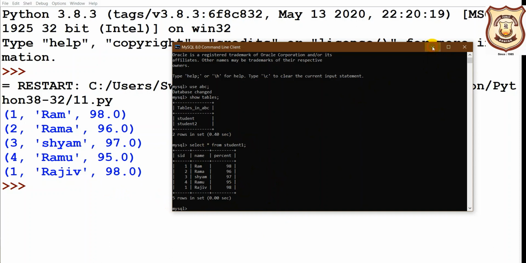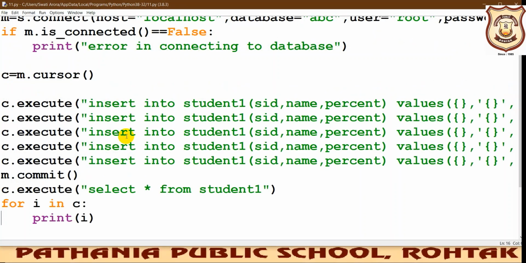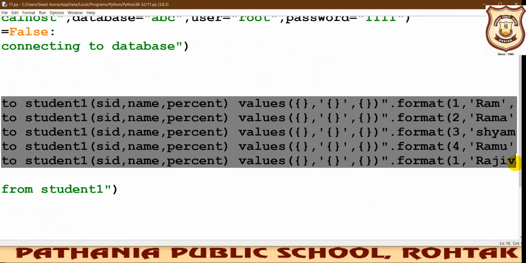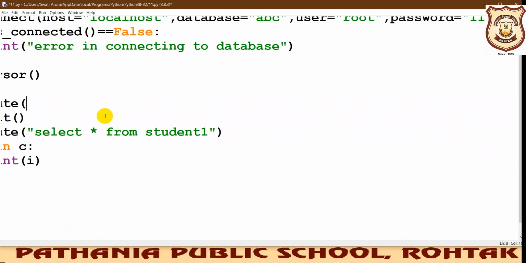If we further want to add more commands to it, then we can. What else we can do? We can update. Now this table already contains this data, so if we run it again, the same tables, same fields will get added again. I don't want that to happen, so I'm just removing it. Fine.